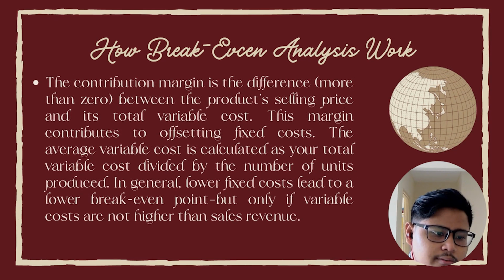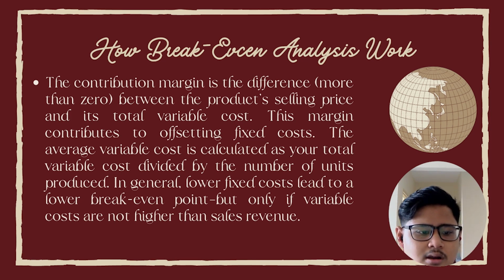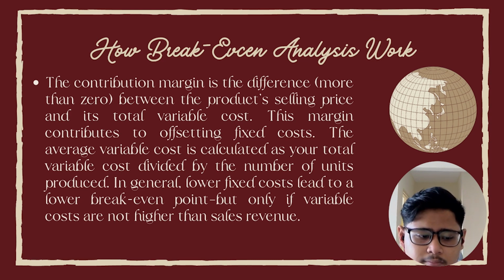Okay, for the contribution margin, we have the formula: the sale price minus the variable cost. The average variable cost is calculated as your total variable cost divided by the number of units produced. In general, lower fixed costs lead to a lower break-even point, but only if the variable costs are not higher